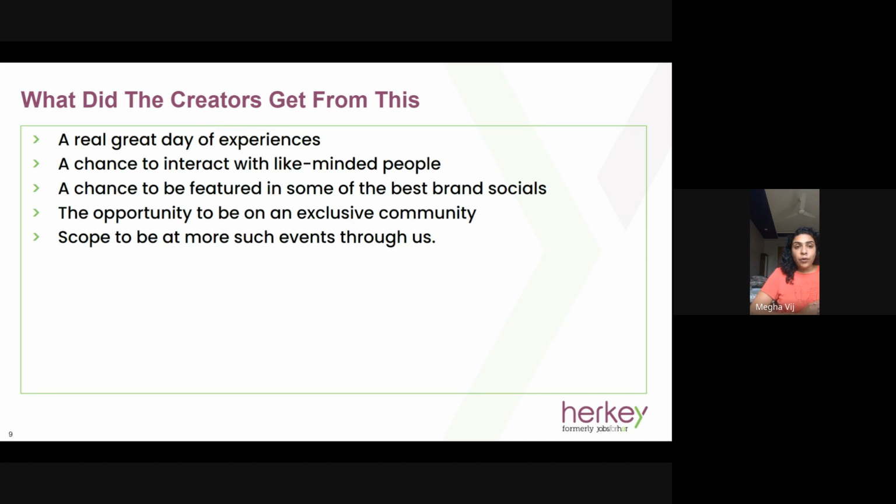This is also very important because we keep filtering and we keep telling our creators on an event that we are going to filter on each event on whom we want in our community, and we are going to keep inviting you to these events. There are multiple creators who came to the first event, which was Accra, who've been on literally every other event of ours and are coming again to the next event that we are doing.